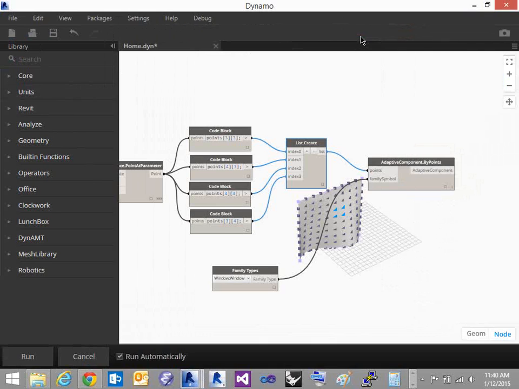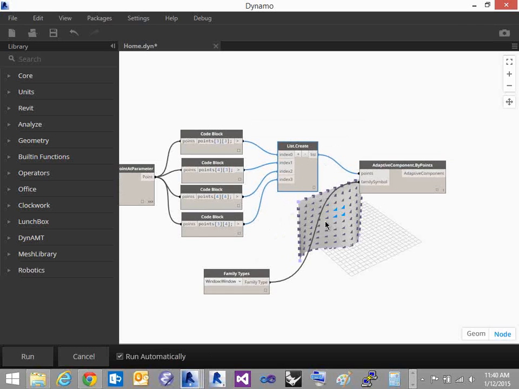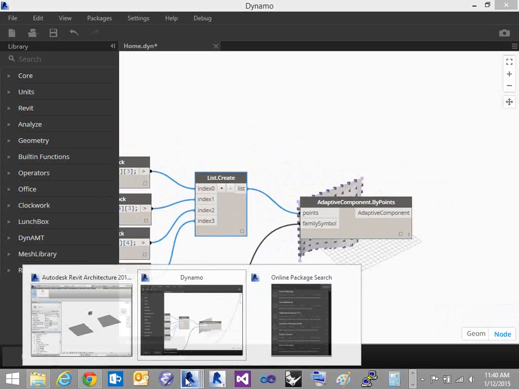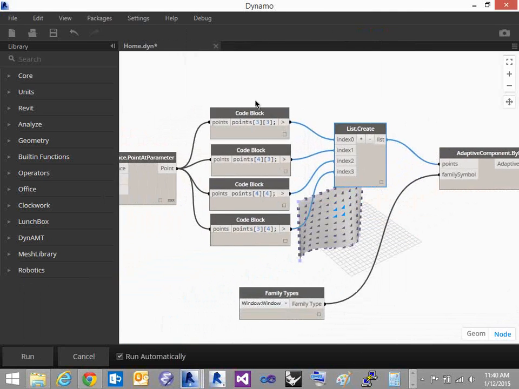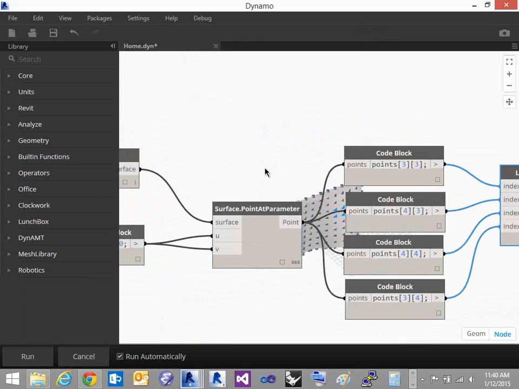Oh, question? I get an error when I try to instantiate it, when I'm trying to match my family file to the adaptive component. Keep going, Patrick. Okay, guys, if you're independently having problems, we'll troubleshoot later. You can watch the video, but he needs to get through this to show you how to instantiate these